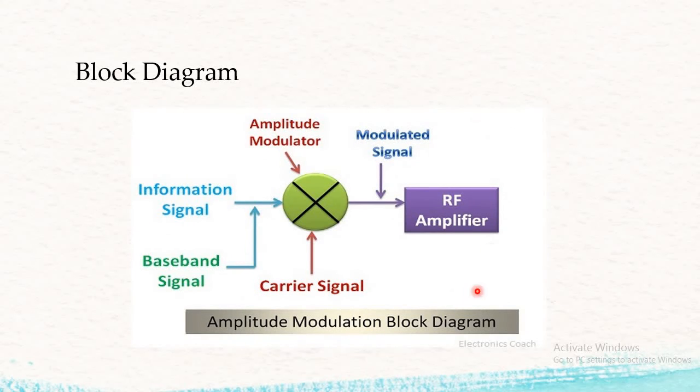And this is a block diagram of ASK. So this is your amplitude modulator, where we are giving two signals. First one is a carrier, which is a higher frequency signal, and second one is an information signal. That signal is in digital format, that is, it is made up of ones and zeros. These two signals are given to the modulator, and the output is the modulated signal. Now we are going to discuss the modulated signal next.